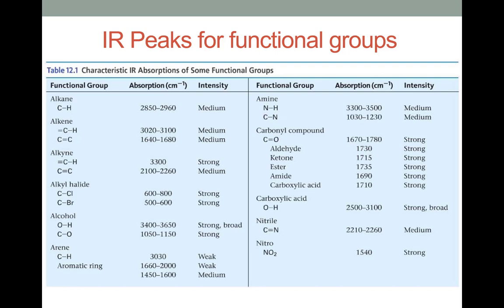And so here's our table again, right? Just keeping in mind here, now that we know about the fingerprint region, now that we know about some of these other things, we can see that IR isn't particularly useful for helping us out with alkyl halides. These show up in the fingerprint region. The computer can help us identify these, but it's a little tough for us to do it by eye. But the rest of these are pretty useful. And just to run through them one by one,